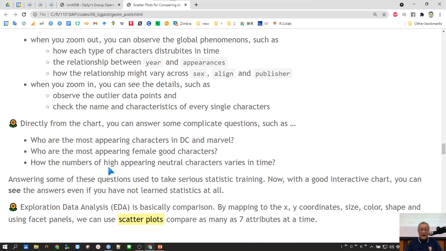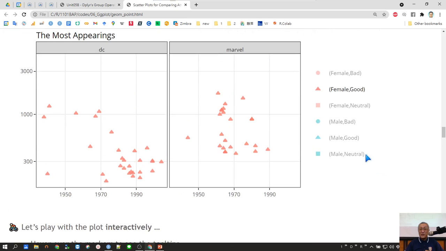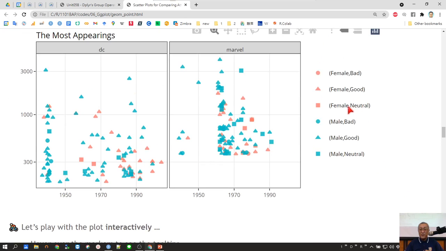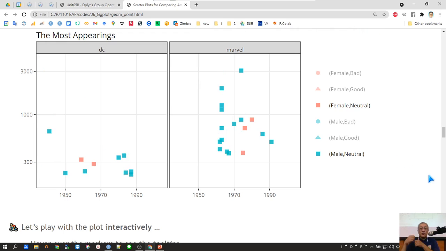How does the number of high-appearance neutral characters vary in time? Why do we want to do that? Because we are thinking about the neutral characters. So what we can do is turn this off. These are all of the neutral characters, right? So we can see that